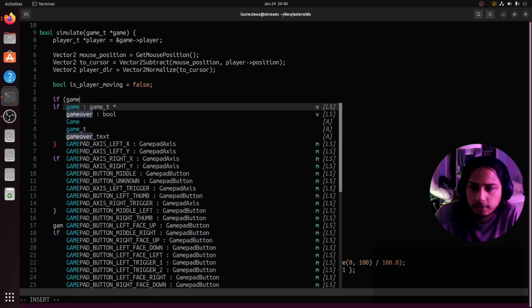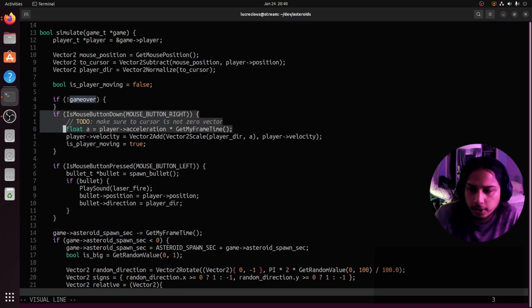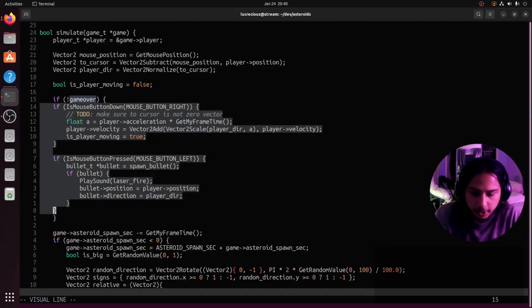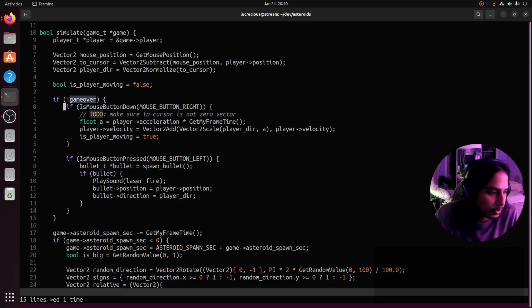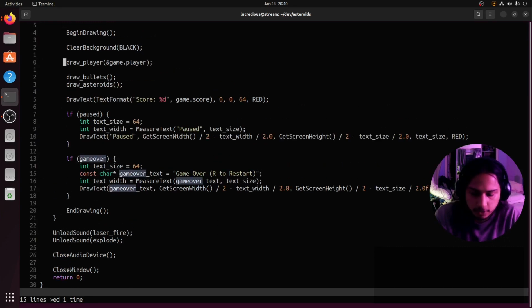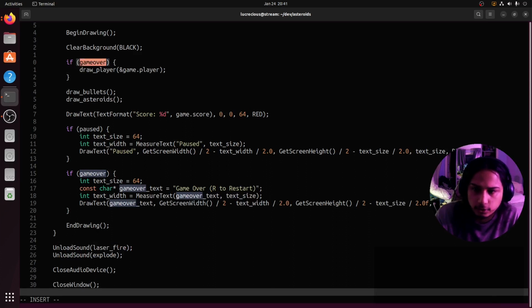So if not game over, we are going to allow player interactions. And then down here, if there's a game over, we will not draw the player. So that should make the player disappear